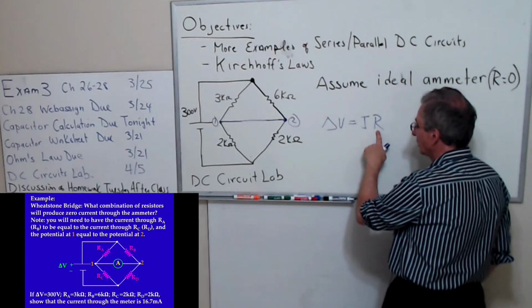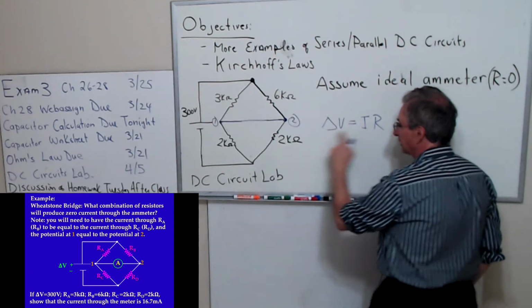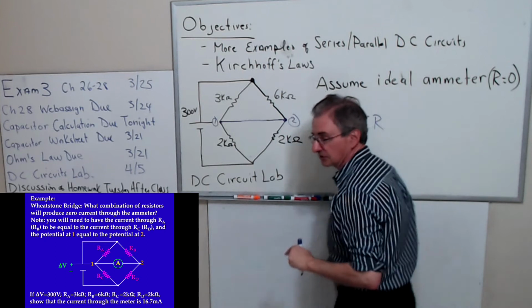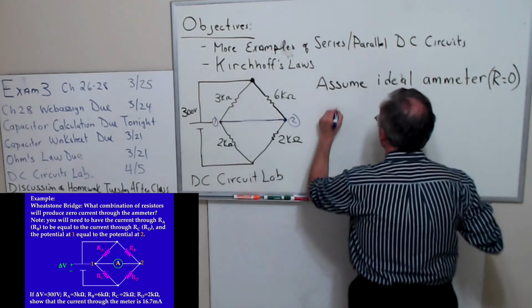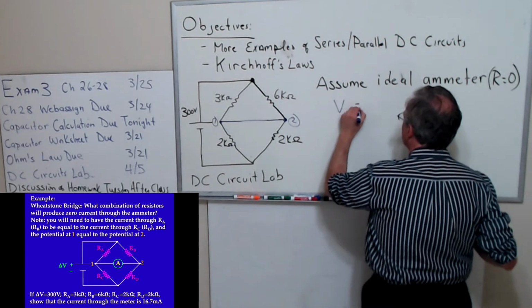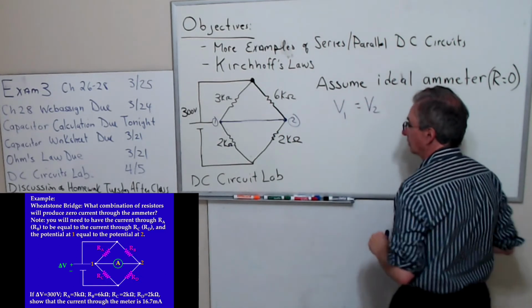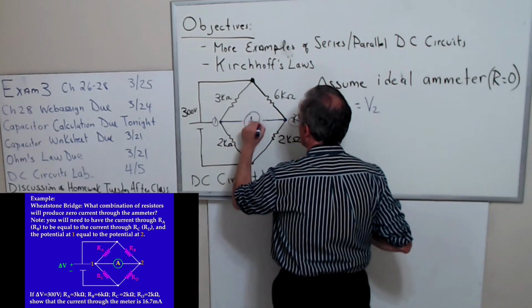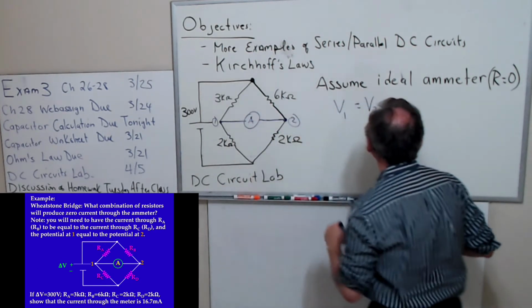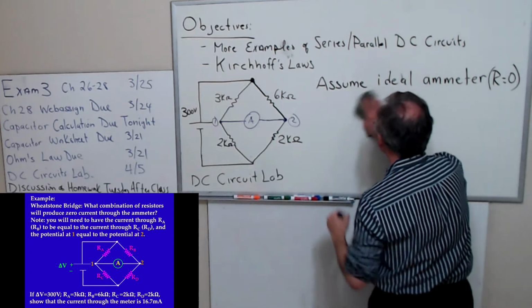There's not going to be a change in voltage. Correct. So this point and this point are at the same voltage. So that means that V1 equals V2 because the ammeter has no resistance. Okay? So let me just say this means that